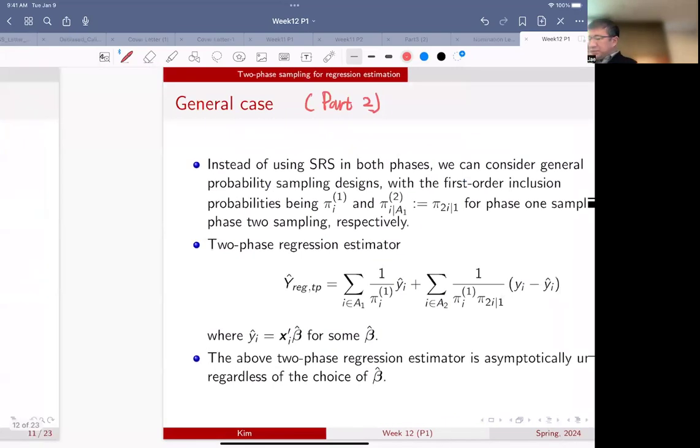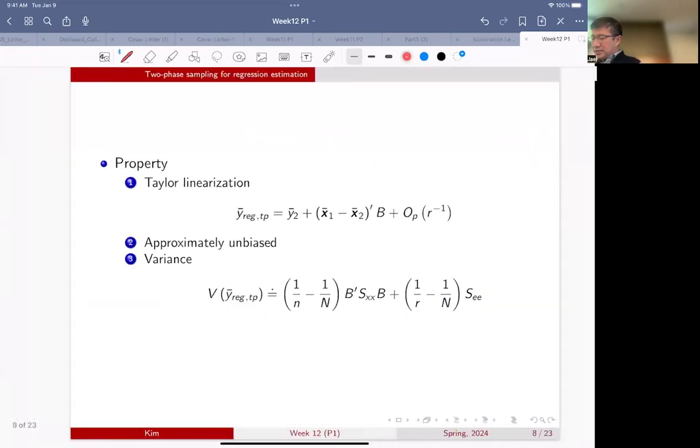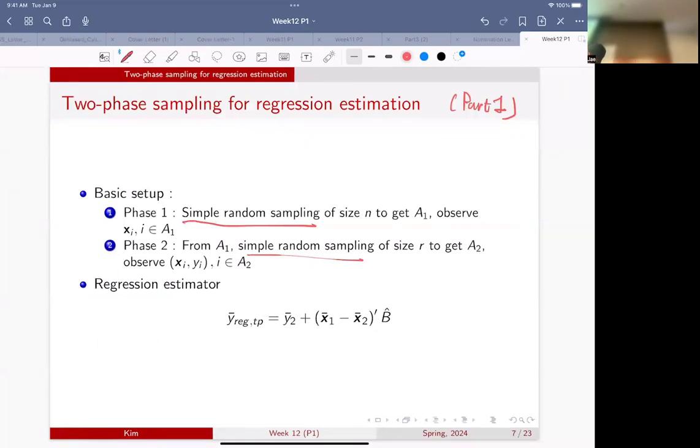So part one is a more beginning step to help our understanding. So if the sampling design is simple random sampling in the first phase and simple random sampling in the second phase,